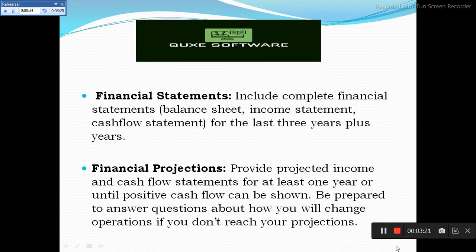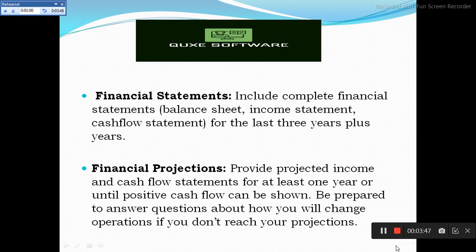Financial projection. It's actually cash flow projection. You should show cash flow projection for at least 5 years forward and 5 years backward from the current date if your organization is already in existence. If it's a new organization, then cash flow projection will be projected for 10 years forward.